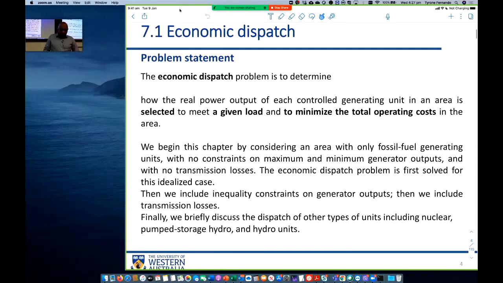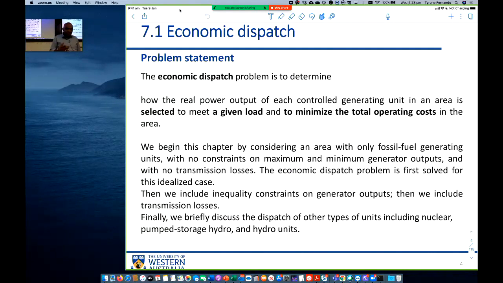So, the economic dispatch problem. What is the economic dispatch problem? We have loads, and we have generators. A number of generators will be supplying the load, right? Generators not only need to supply the load, but also need to generate the losses as well, because losses are consumed energy. So when there is a particular load demand and some losses, we need to dispatch